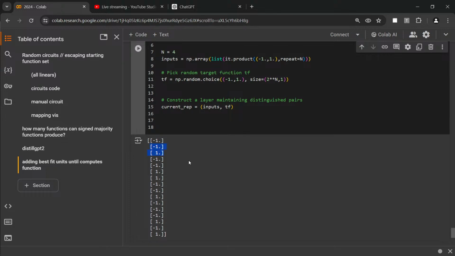It's keeping track of these two inputs that have to have different outputs. Right, so anyway, that's how we're going to be constructing these multilayer perceptrons. We're just going to construct them randomly,